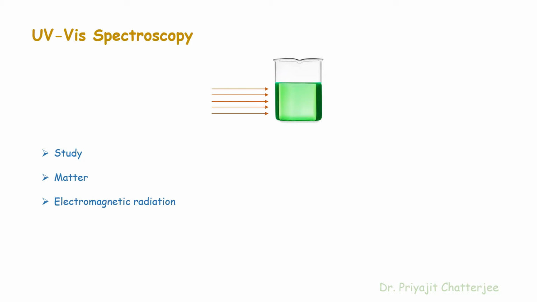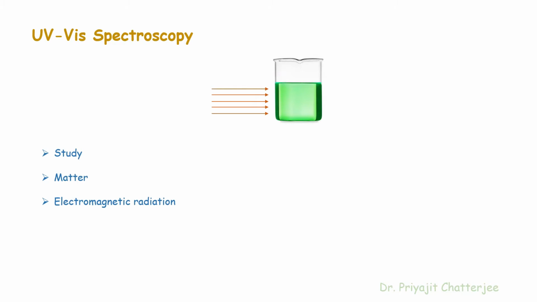This technique employs light, which tends to interact with matter and exhibit some features of a sample, to know about its consistency or structure. The nature of the interactions in spectroscopic techniques between radiation and matter may include absorption, emission or scattering. In case of UV visible spectroscopy, the electromagnetic radiation used is UV visible light. Here we will consider the protein molecule as the matter of study, although any molecule can be used.